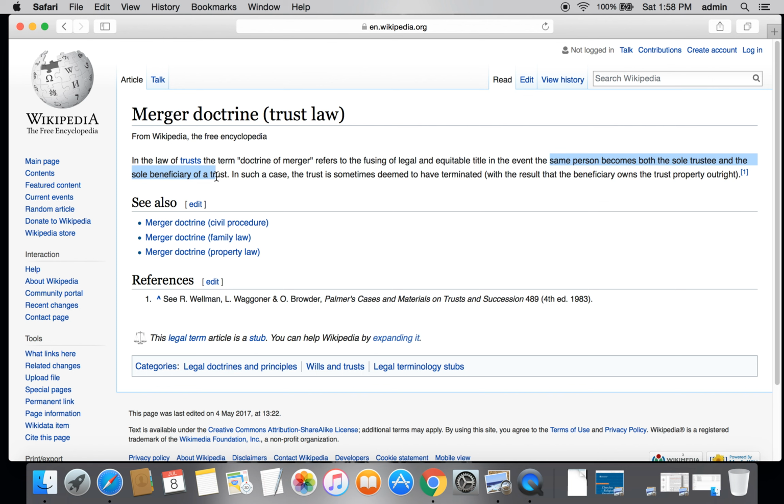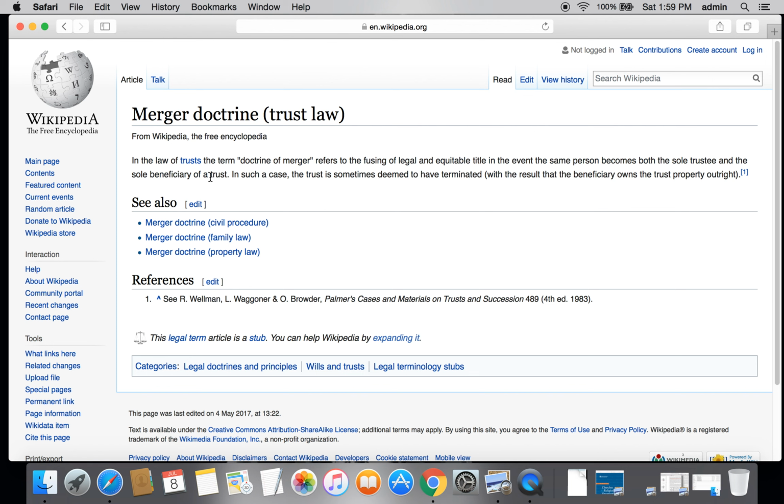So, if a grantor deems himself or herself the grantor and beneficiary, because we mentioned this earlier, that the grantor cannot be the sole beneficiary. The grantor can be a beneficiary in a statutory trust, but not the sole beneficiary. Because if the grantor is the sole beneficiary, then how is the title split? That means the grantor owns the property and the grantor gets to use the property. That is not a trust. The trust happens when the titles are split.